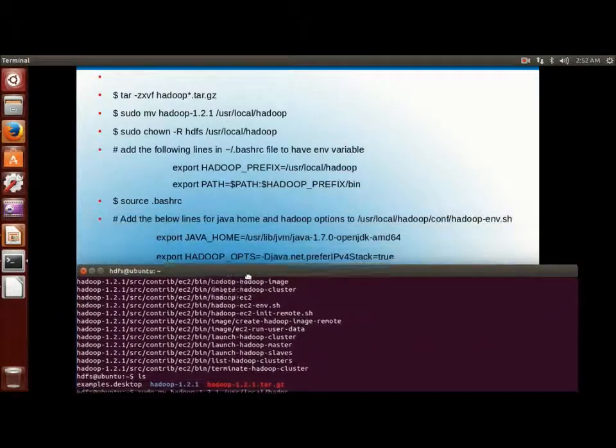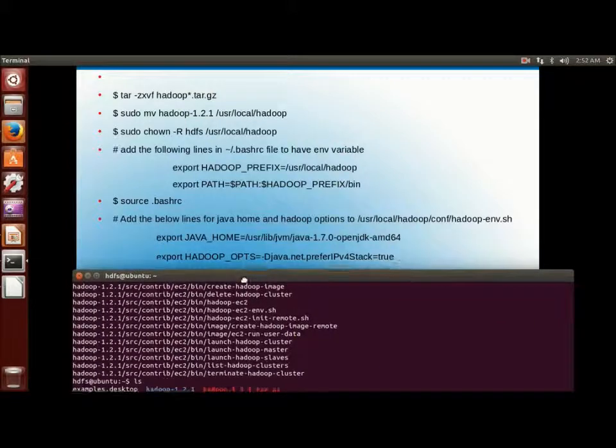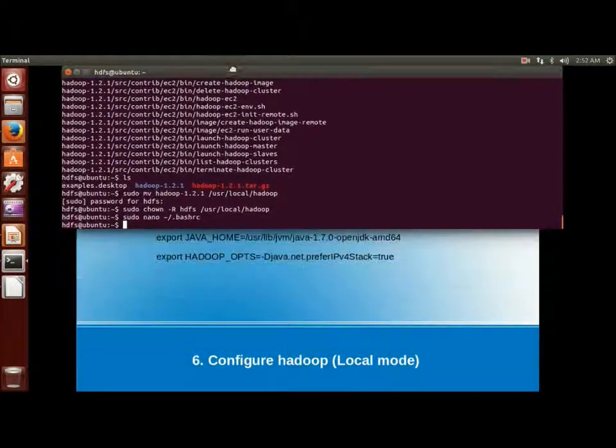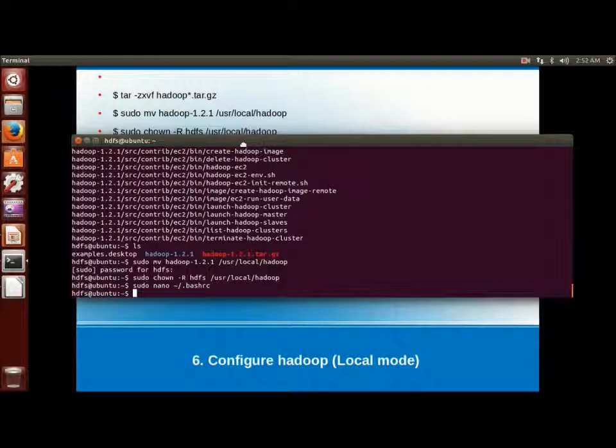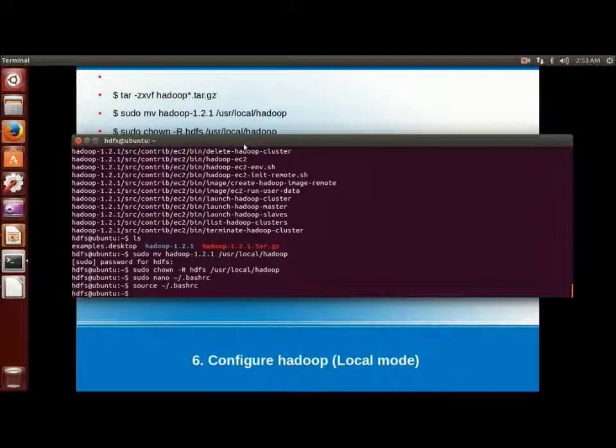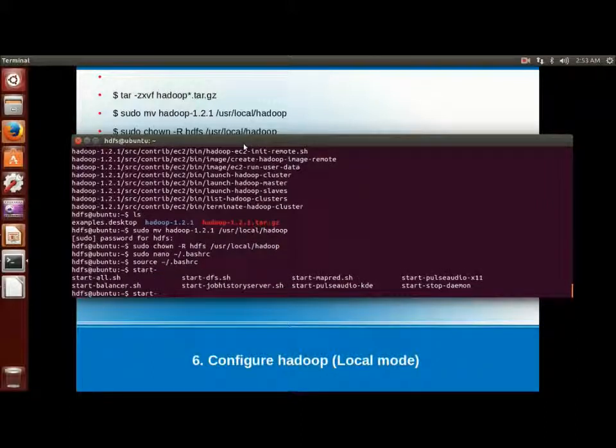Source the bashrc file, so that the changes made to the bashrc file will take effect immediately. If we don't source this bashrc file, which is in the home directory (tilde slash), we have to close this open terminal and open the terminal again, so that all these commands will be available from the home directory itself.